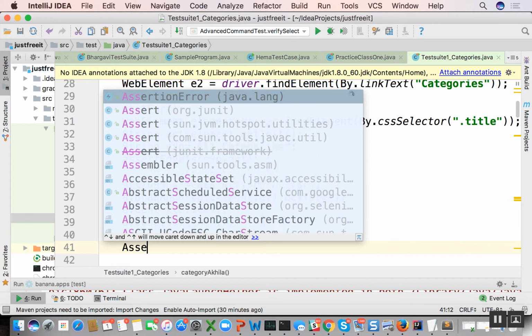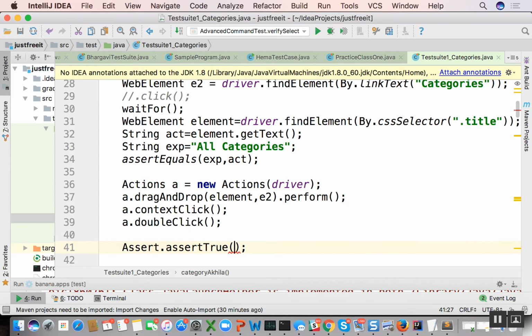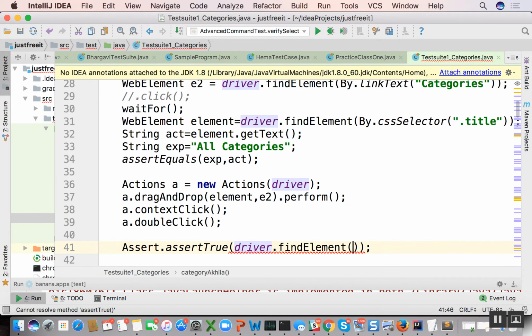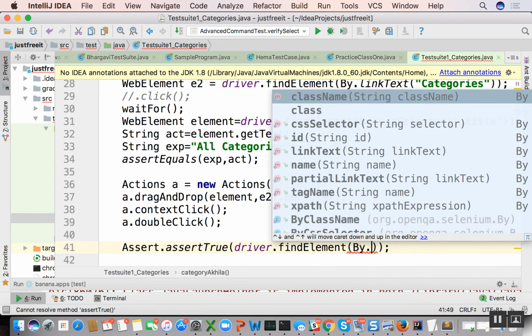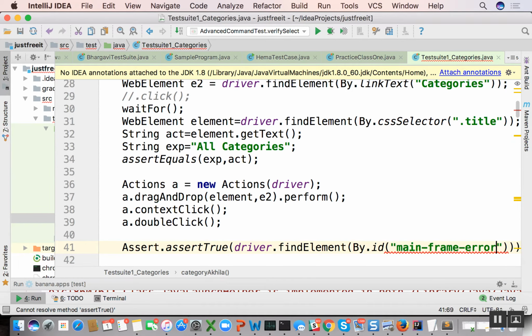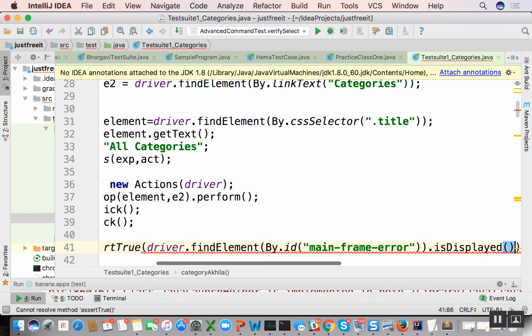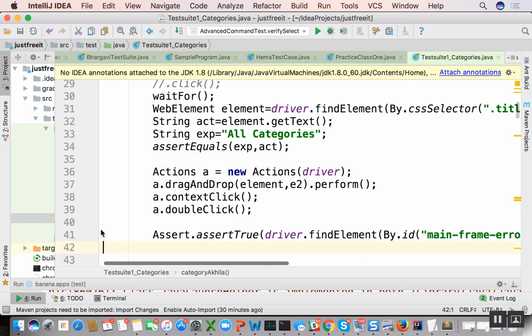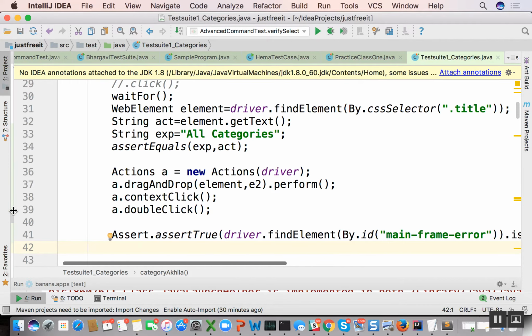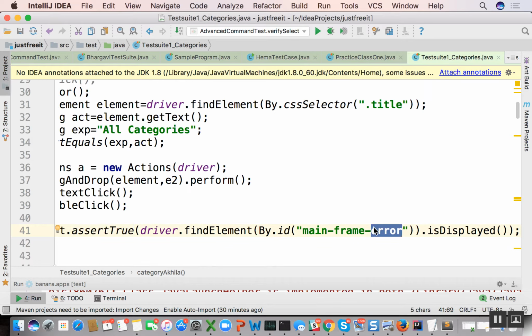assert dot assert true, right? And driver dot find element by id, right? If you straight away do this, then this will fail, because even though the element is present, the problem with this is